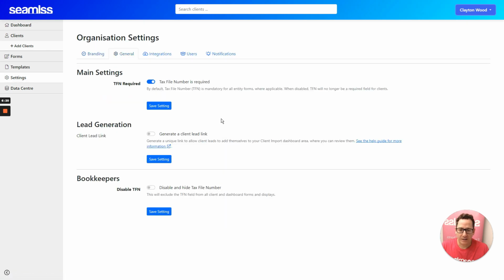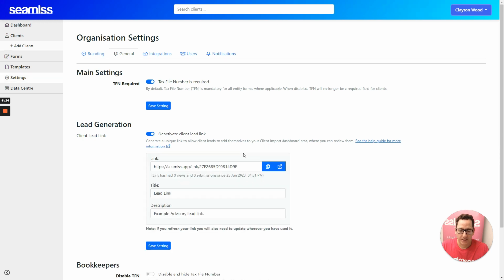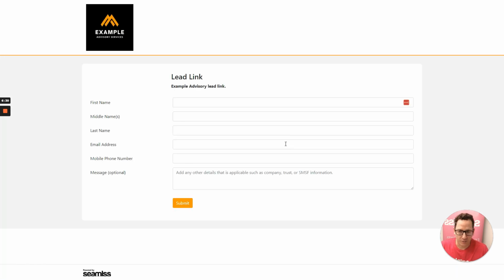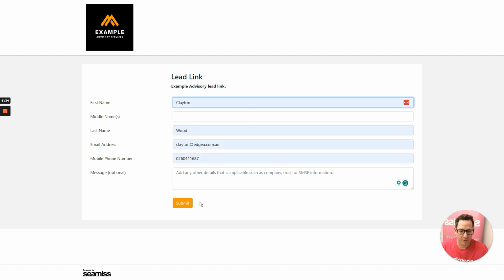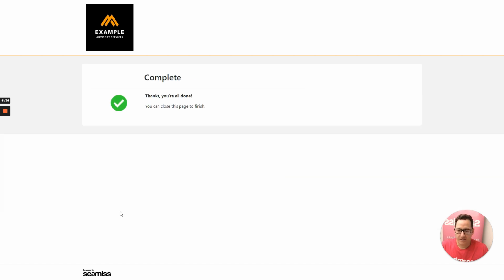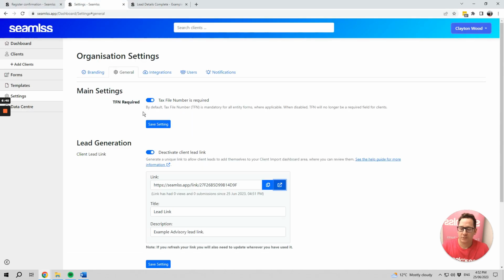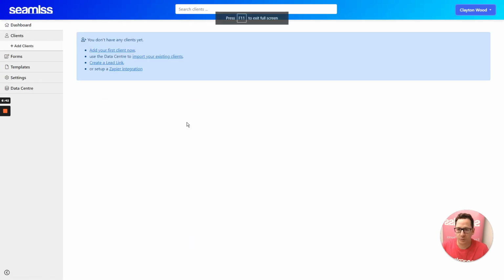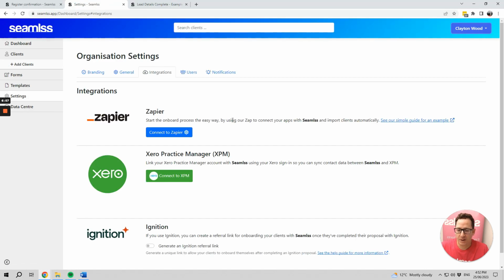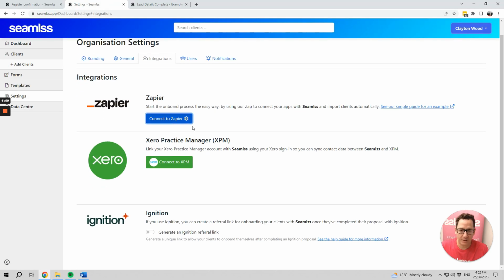Now, the lead link, you'll be able to create a lead link generation. So what this looks like is your own little link where clients, you can share it via email, you can share it on social media, you can share it on your website. And they'll be able to put in a message and fill out their information and submit. And then that information will simply show up in your dashboard. So if we just refresh that,